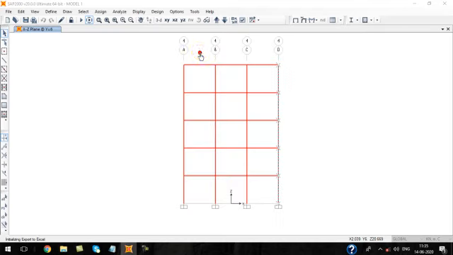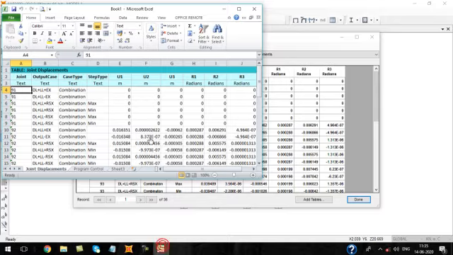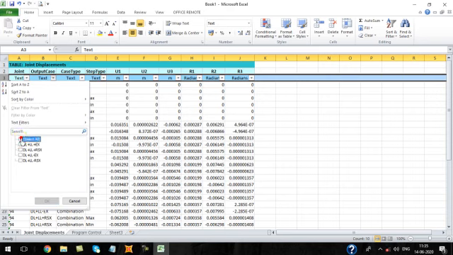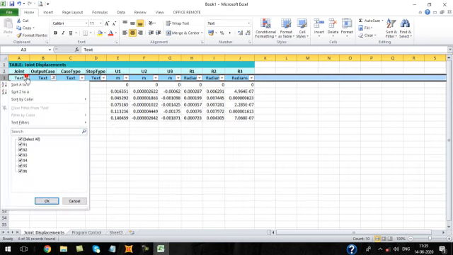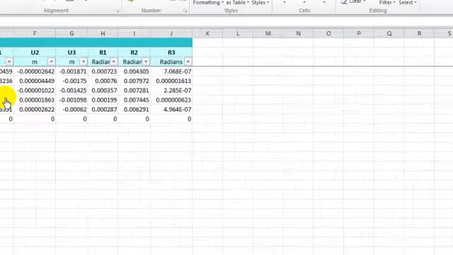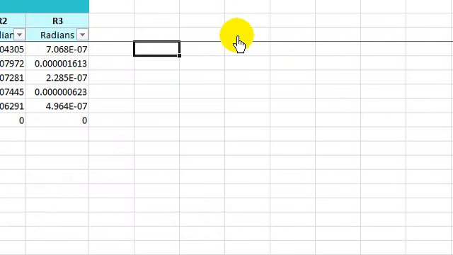Export to Excel. Filter it. Now let me check for EX only, plus EX, and Z. Yeah, these are in x-axis condition. It is in meter.